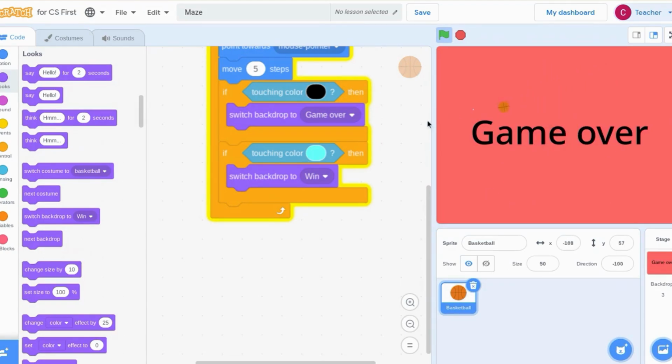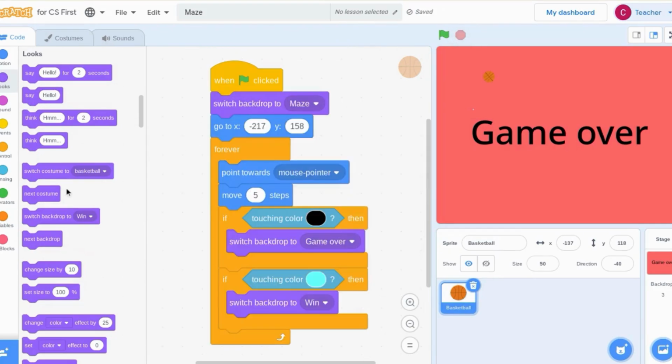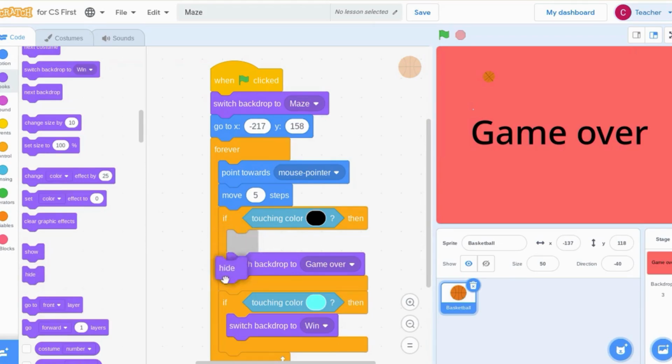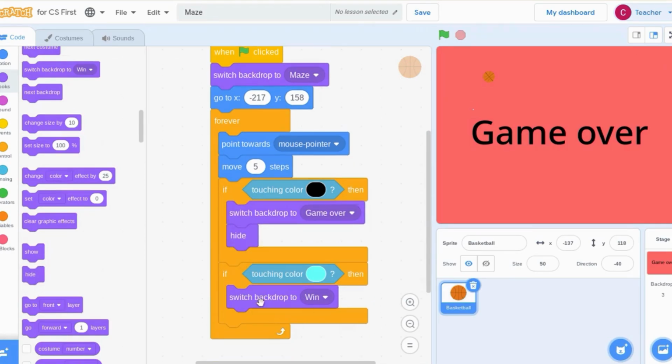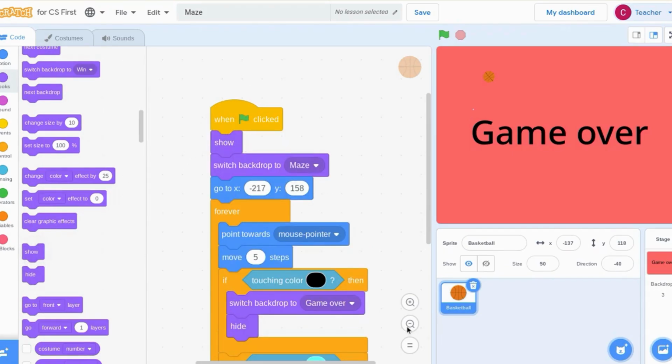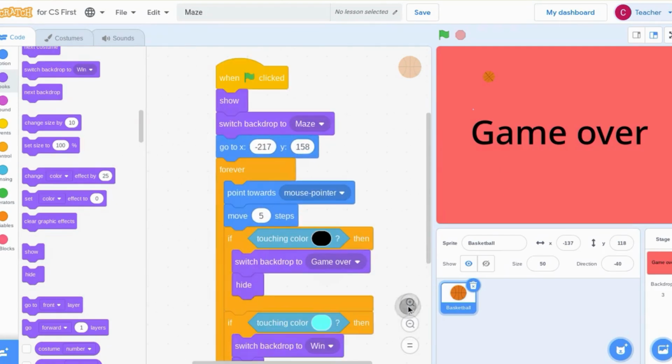The only thing is now my ball is still showing, so I want this to hide as it switches backdrop. So under looks, you can find hide. So when it switches to game over, hide, and when it switches to win, I want it to hide. And lastly, I need it to show in the beginning always. So here you can see the full code,